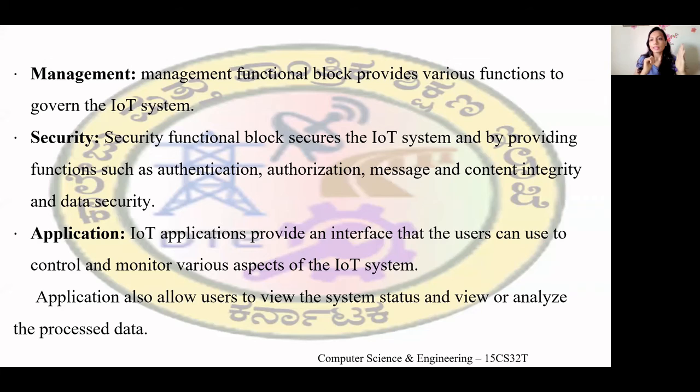Maybe the sender is sending some important message, the receiver is here. In the middle, a hacker will rob the data. Then what will happen? The receiver will never receive the data. Maybe the bank is sending you an OTP. Before I get the OTP, the hacker in the middle has robbed it and done the transaction. That is very bad, right? So even in your IoT, security is very important, because a lot of your personal data and your system data will be there. Maybe to spoil your business, maybe you're using an IoT system for your business.